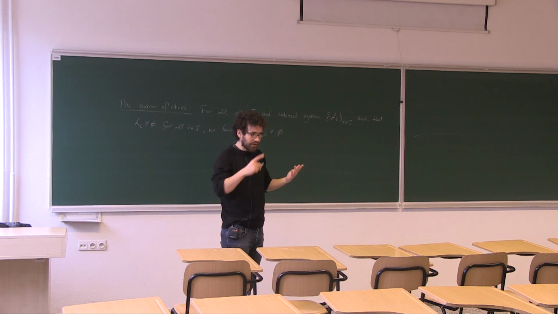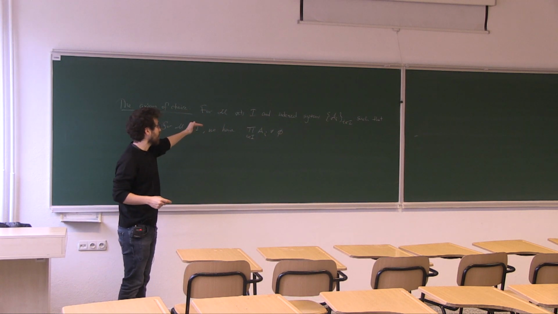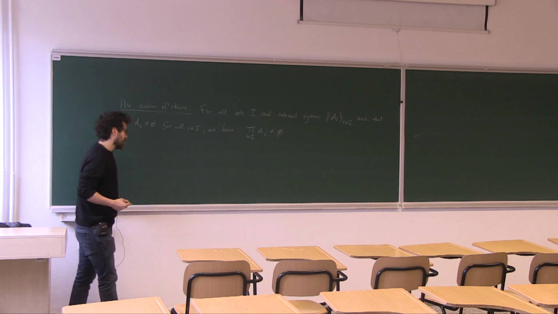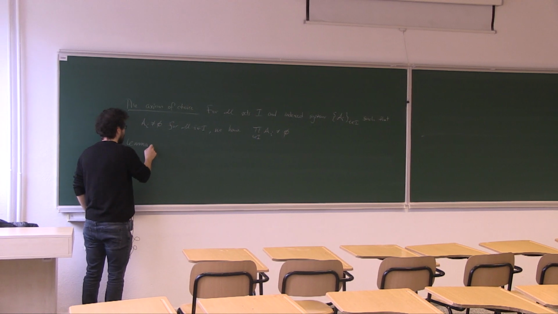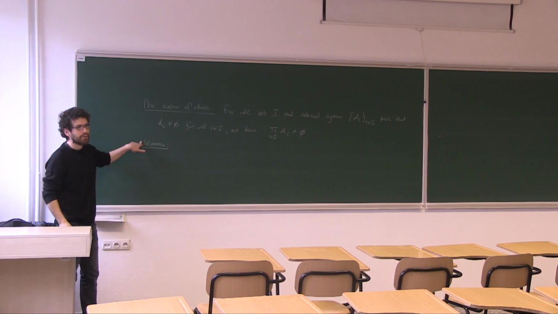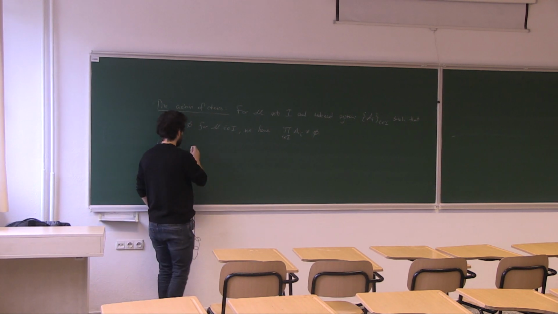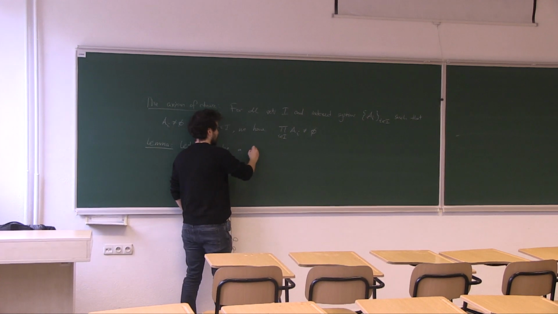I think it's intuitively obvious. There are equivalent forms of the axiom of choice which are not as intuitively obvious as this one. So this is why I went with this. Most of the time we're going to use the following form of the axiom of choice. This is actually equivalent to the axiom of choice, but I'm just going to prove it as if it's a consequence. So let M be a set